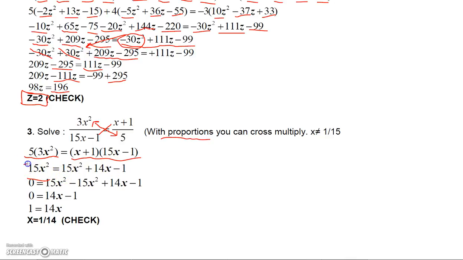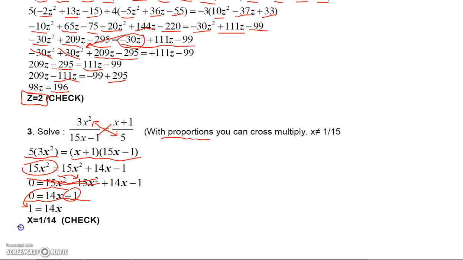Now, I'm going to take the 15x squared that's on the left, I'm going to move it to the right, and it'll become minus 15x squared. And guess what happens? Those are going to cancel. And then I have 14x minus 1 left. So I have 0 on the left equals 14x minus 1. And then when I take the minus 1 and transpose it to the other side, guess what it becomes? A plus 1. And then to solve for x, just divide both sides by 14, and you get x equals